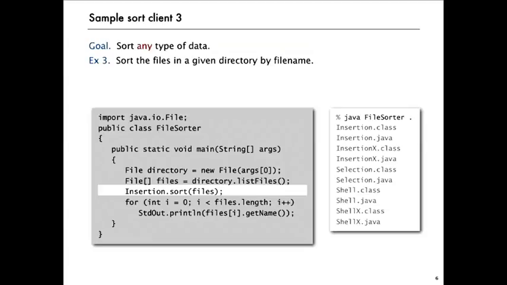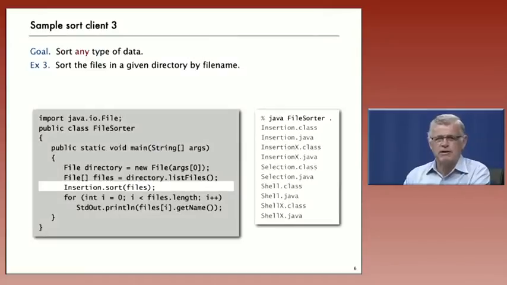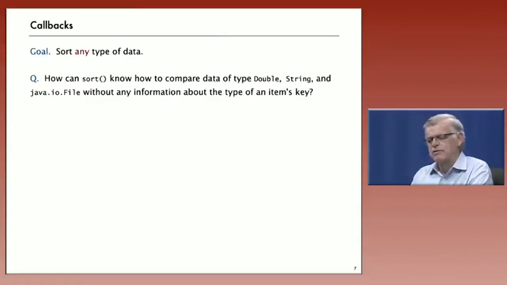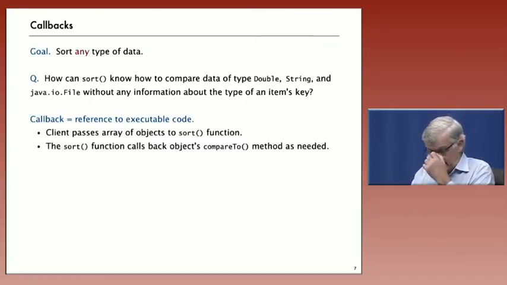And the first rule of the game that we have to think about is how can we make it so that we can implement one sort program that can be used by these three different clients to implement three different types of data. And the way that that happens is a mechanism known as a callback. So that's our basic question: how can sort know how to compare data of all these different types without being given any information about the type of an item's key? And the answer is that